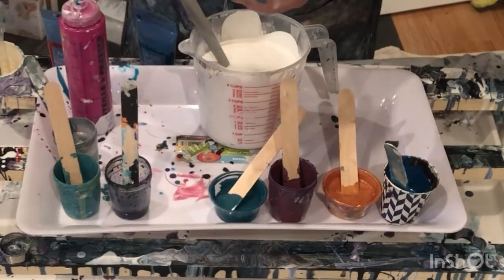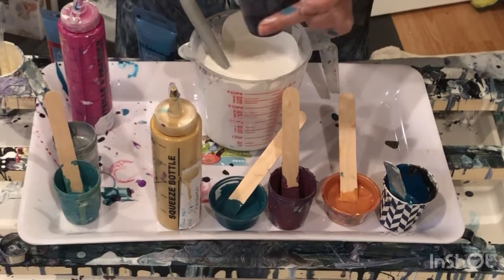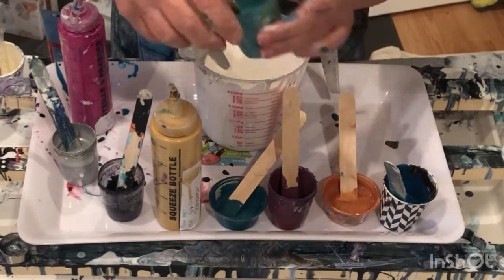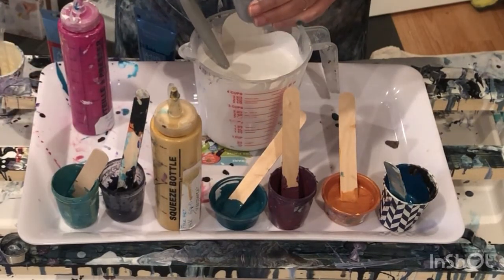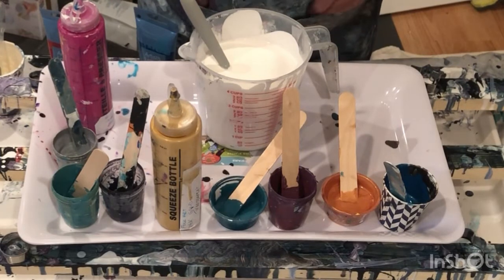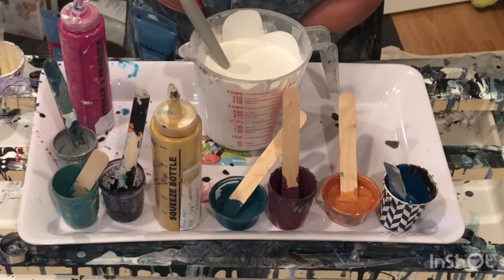This is Folk Art 14 karat gold transparent. This is Payne's Gray, Liquitex Basics Payne's Gray. This, once again, a bunch of different colors, Cobalt Blue, green, iridescent medium. And this is Craft Smart Silver, floetrol. So the floetrol for these is a little thinner than the rest, but it's already pre-made. These paints are maybe 1.5 parts floetrol, 1 part paint, a tiny bit of floetrol, and a tiny bit of